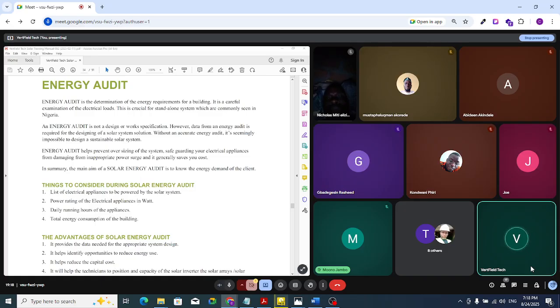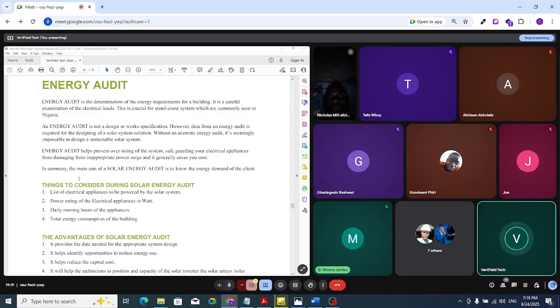So we have been able to explain two things that energy audit does for you, reserving the one we call safety, safeguarding your electrical appliances. We will talk about that as we progress in this training as well. So I hope you guys are following up. Now, as we wrap up on this energy audit,